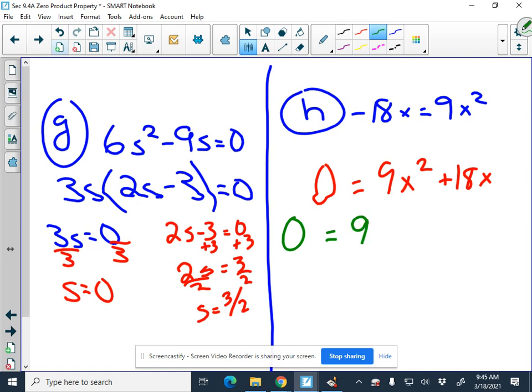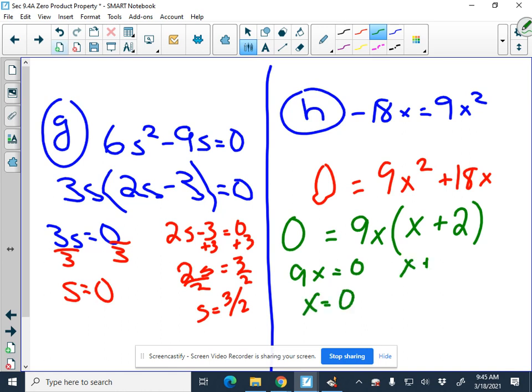And then we get 9x times x plus 2. Okay. So 9x equals 0. I divide. I get x is 0. x plus 2 is 0. And I get